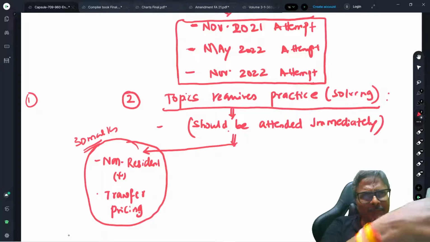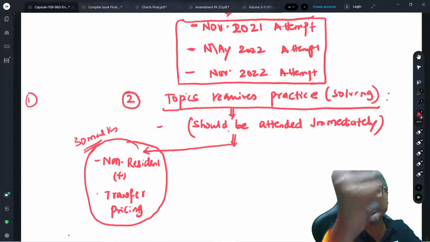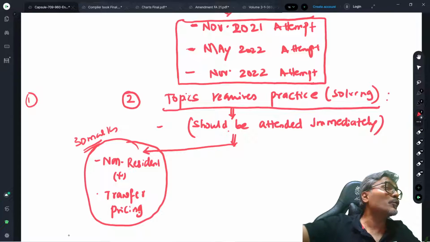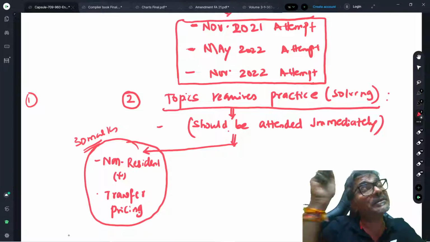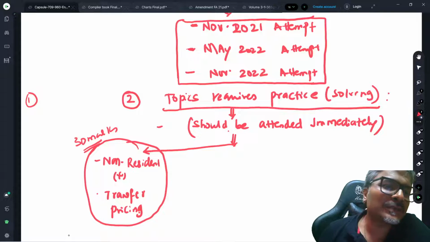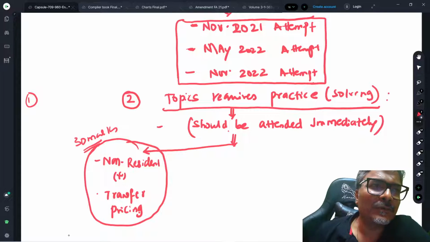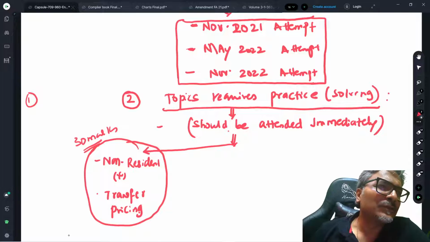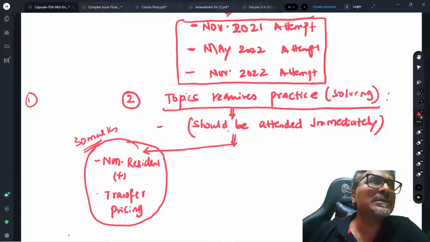Now this attempt, the May 22 attempt, the questions were relatively very simple. Let us see how many students could score more than 15 in this case. उसकी लिस्ट निकालते हैं. 50% के ऊपर भी मार्क्स स्कोर कर पाओगे जबकि क्वेश्चन सिंपल था. This is the biggest challenge which students face to score good marks so far as this area is concerned. So that's the reason why I told you the syllabus is limited.